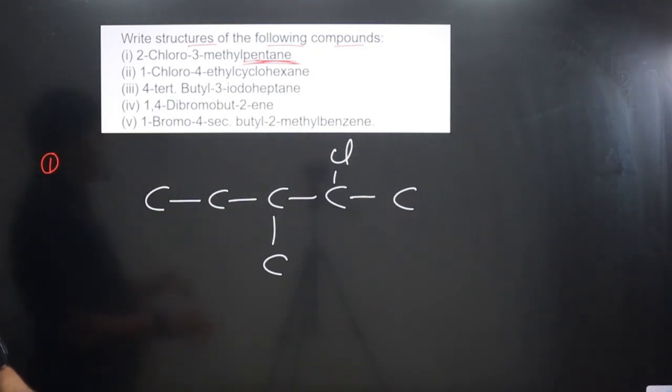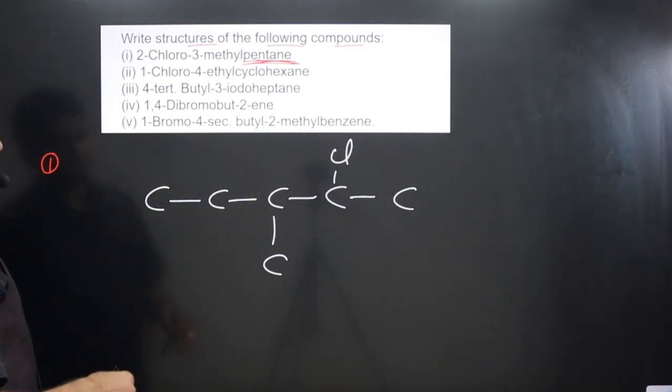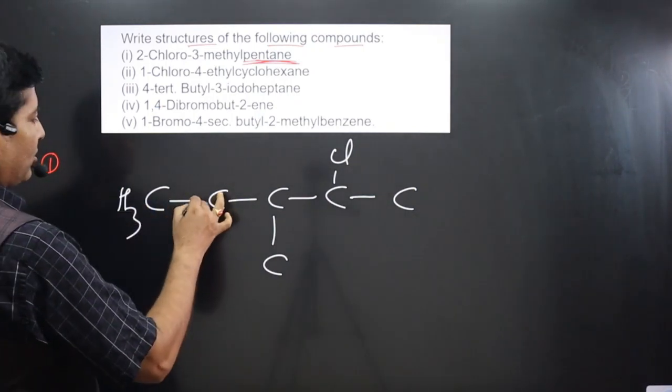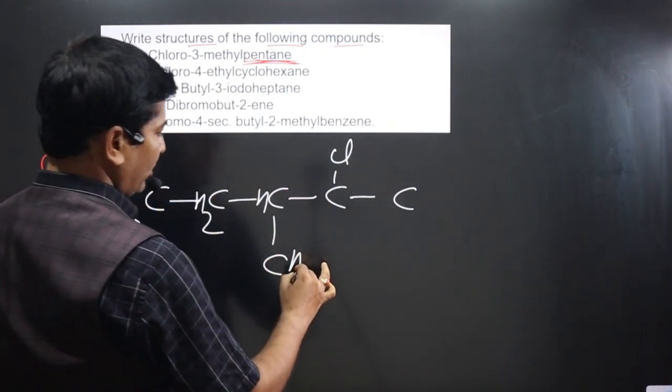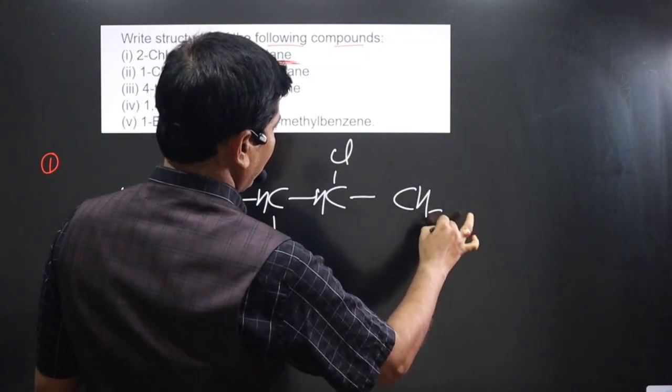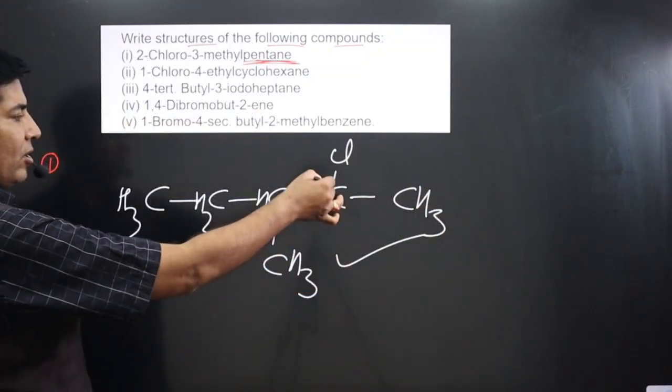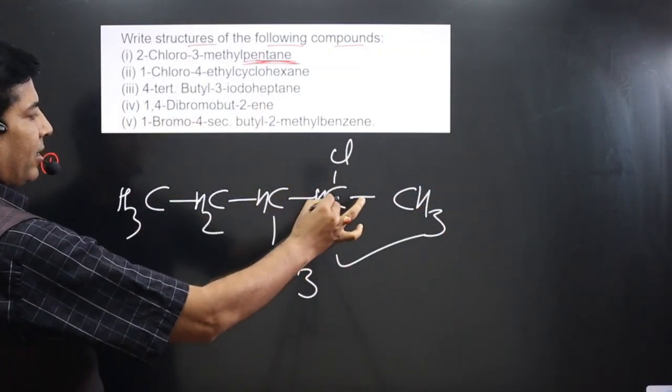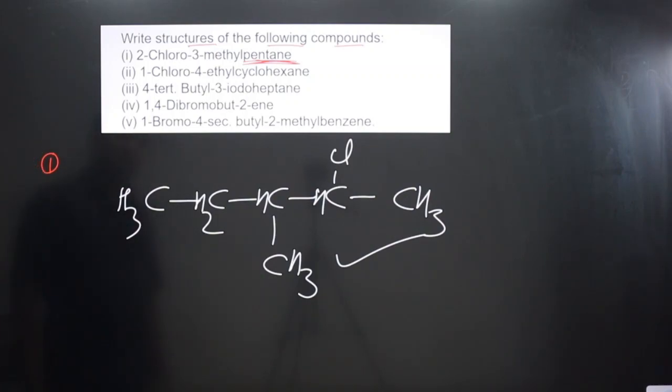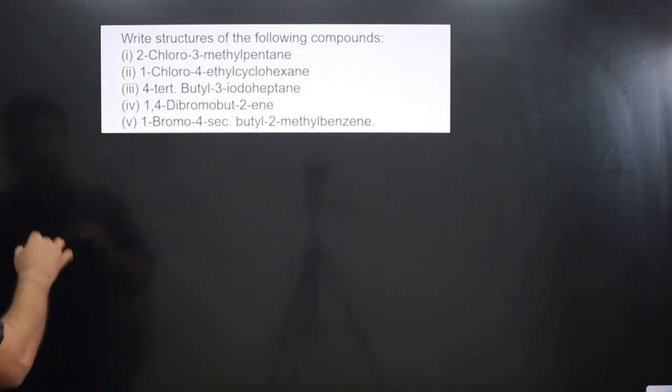Okay, now we can attach hydrogen to satisfy the valency of carbon. 3 hydrogen, 2 hydrogen, 1 hydrogen, 3 hydrogen, 1 hydrogen, 3 hydrogen, done. Okay, 2-chloro 3-methyl pentane. Okay, move on to the next one. Second one we have